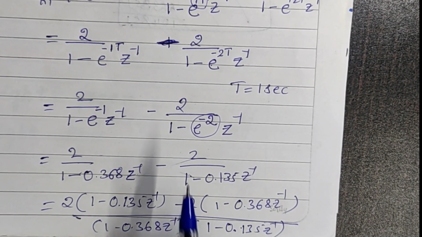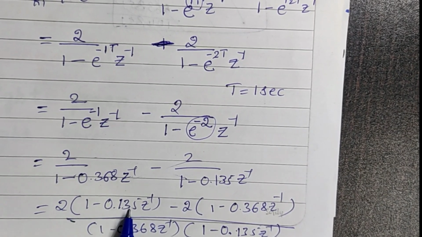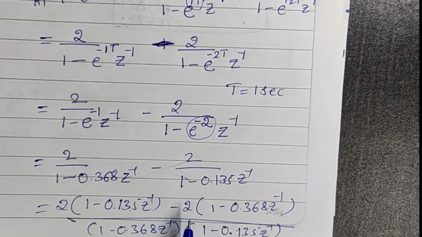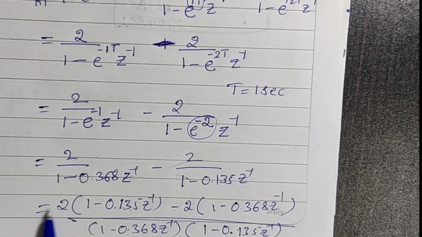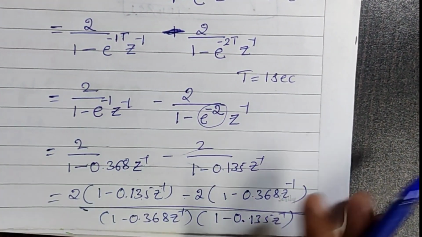If you expand this, it is 2 into 1, 2, and 2 into this z raised to minus 1, and minus 2 into 1 is minus 2. So plus 2 and minus 2 are going to get cancelled. If you simplify this, we get